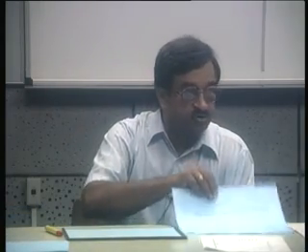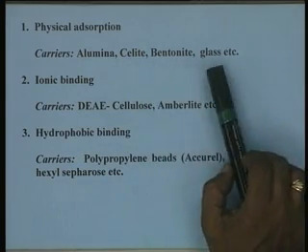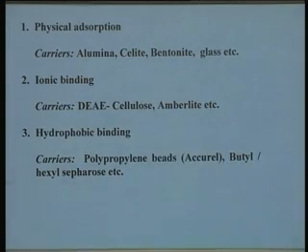Now, the three most common types of adsorption methods are based on physical adsorption, which is the most non-specific type of adsorption, where you use hydrogen bonding, electrostatic interactions, or van der Waals interactions, a variety of interactions where there is no specificity. You use a very broad range of carriers like alumina, celite, bentonite, glass, etc., where at certain conditions of pH, temperature and salt, you can adsorb the enzyme onto the surface